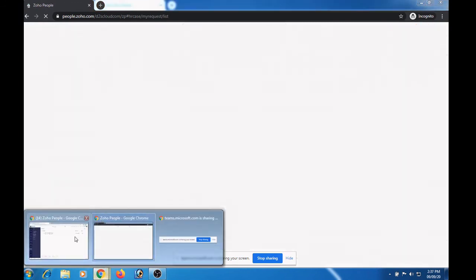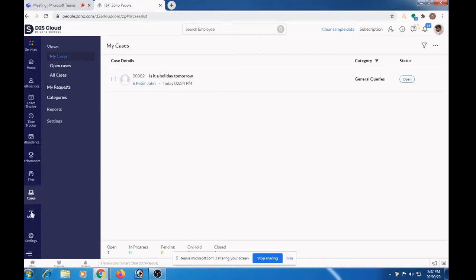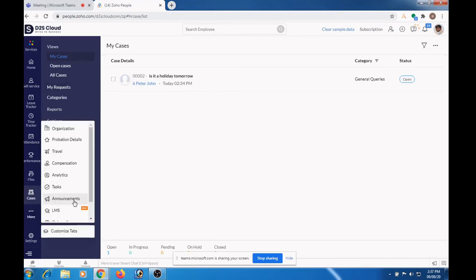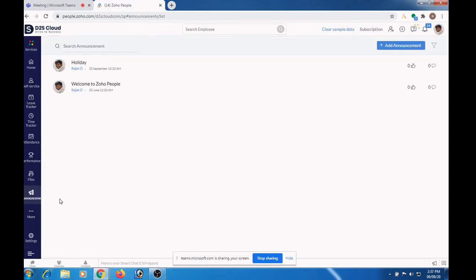So next comes the announcement module. This module helps to give any announcement to all the employees in an organization. In case there is any general meeting for all the employees, or any particular holidays, that can be announced in this module.